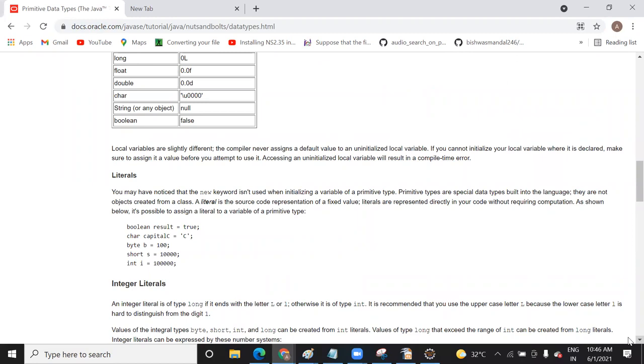And what do you mean by this literal? A literal is used to create a variable. It is like a group of symbols, characters, or numbers. So in order to create a variable in Java, you need to have a literal. A literal can be your alphabet, okay? It can be your number, it can be a symbol, right?